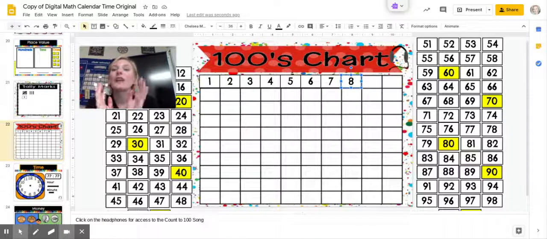So I hope you were counting with me, doing our movements, counting with me, listening. You will have 1, 2 activities maybe after this. I think that's it for our morning lesson. We did our morning